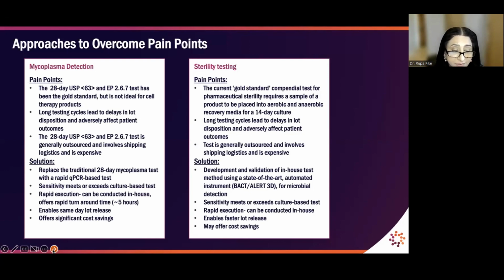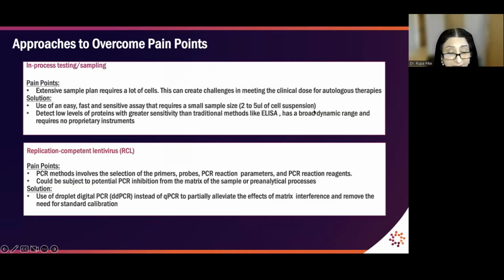The second example is sterility testing. The current gold standard compendial test for pharmaceutical sterility requires that the sample of the product be placed into aerobic and anaerobic recovery media for 14-day culture, which means that the test takes 14 days. This is also a problem here because long testing cycles lead to delays in lot disposition and also adversely affect patient outcomes. This test is also generally outsourced and involves